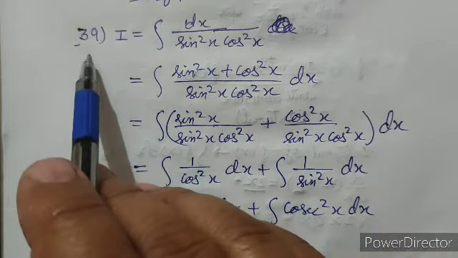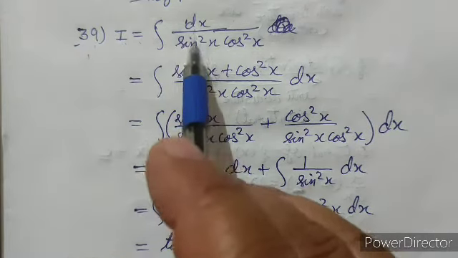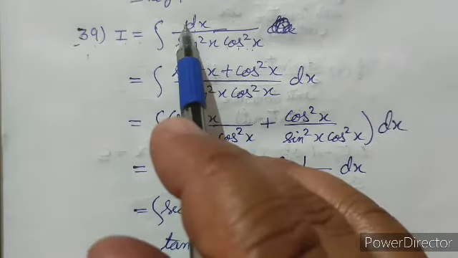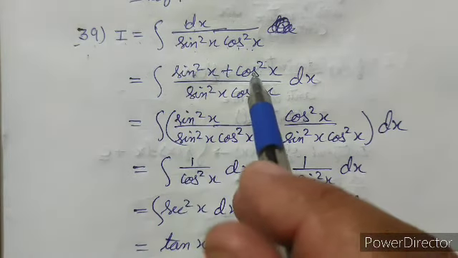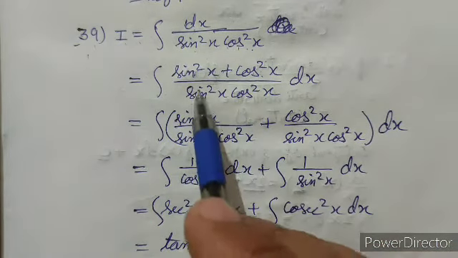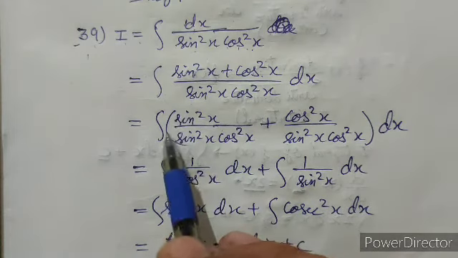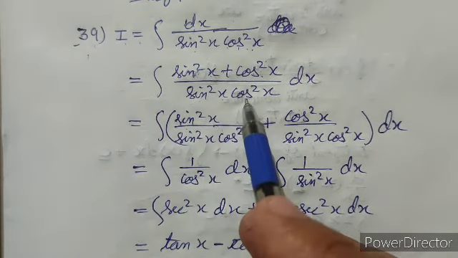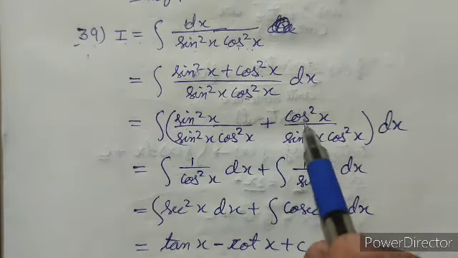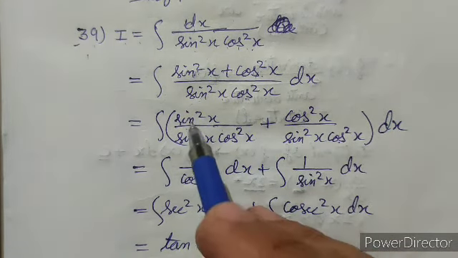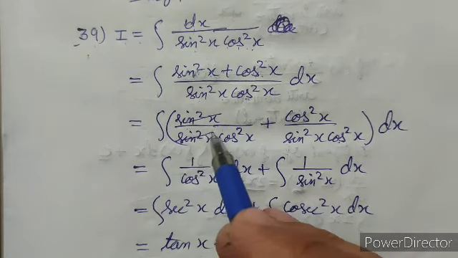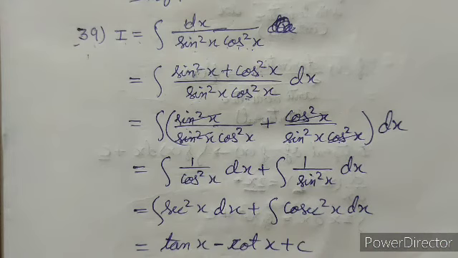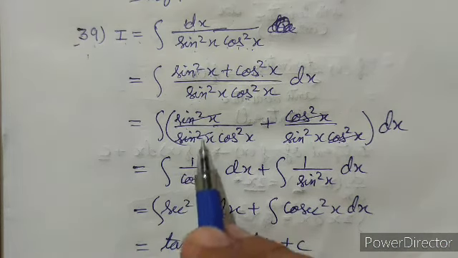In question number 39, I is equal to the integral of dx upon sine square x cos square x. Now this one can be written as (sine square x plus cos square x) upon sine square x cos square x. Now on dividing these separately, we will get it as sine square x upon sine square x cos square x plus cos square x upon sine square x cos square x. Now here sine square x will cancel out, and cos square x will cancel out